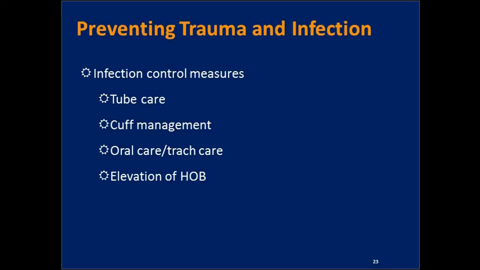So one thing that we can do to help prevent this is to keep the head of the bed elevated at least 30 degrees. This helps to reduce any kind of reflux and prevent aspiration,